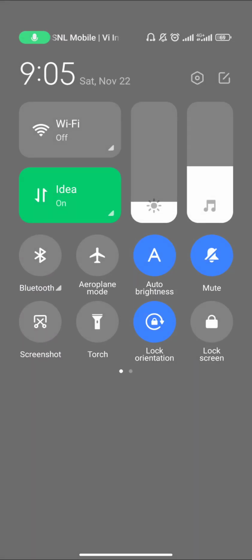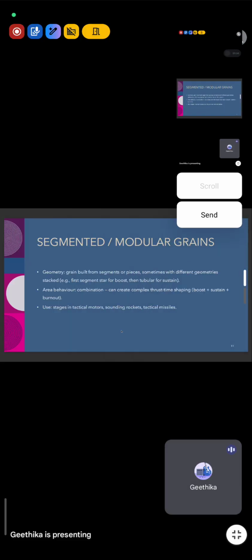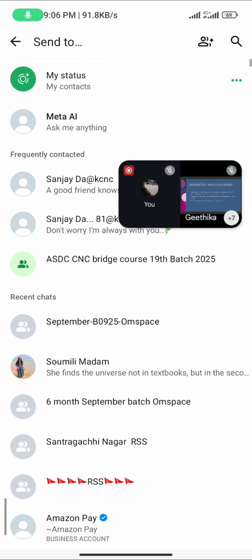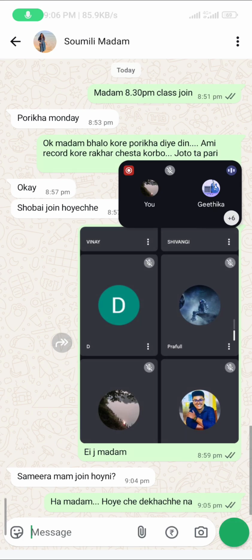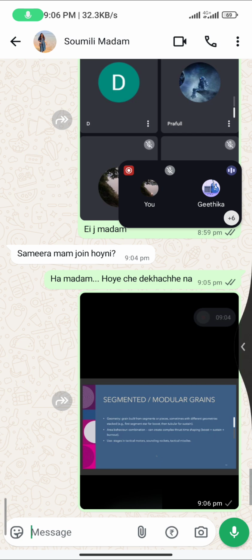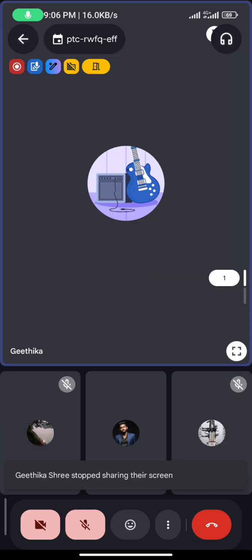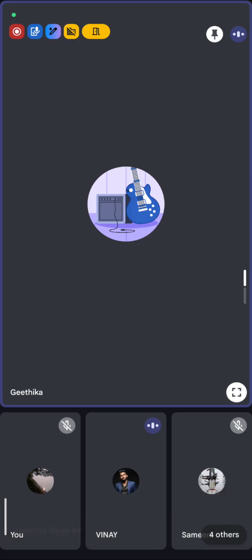And then there's segmented or modular grains. These grains have different segments or pieces, sometimes with different geometries stacked. They are stacked together, whether it be a star segment first and then a tubular, or a tubular first and then a cylindrical, depending on how much thrust